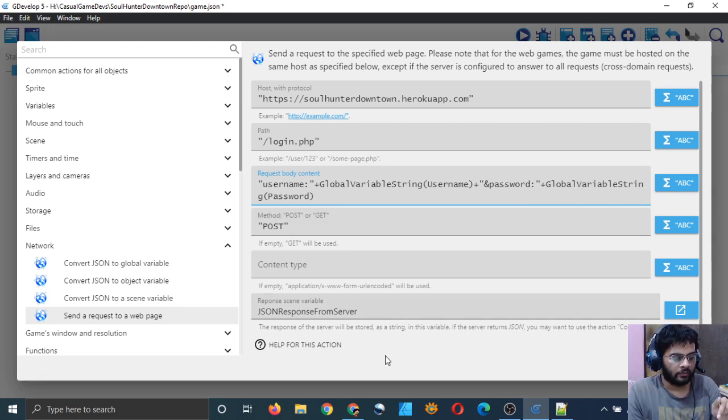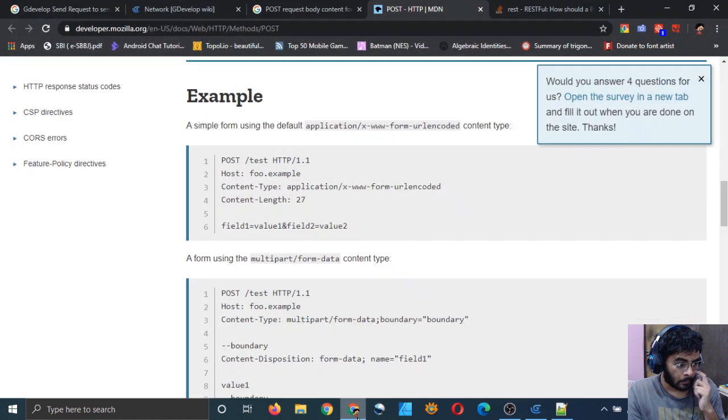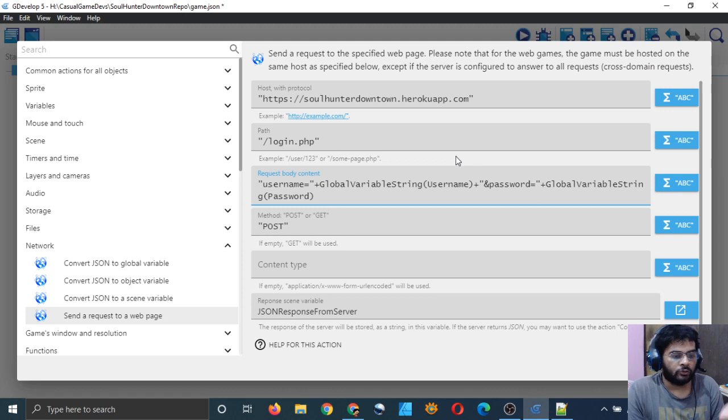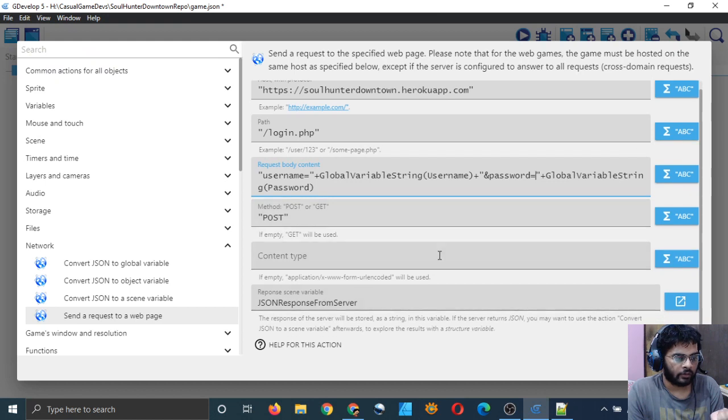Username is this, and I guess they use the equals sign, and password equals this. That should work, I don't know. Let's try. Username equals this, password equals this, method post, and content type is application/x-www-form-urlencoded.